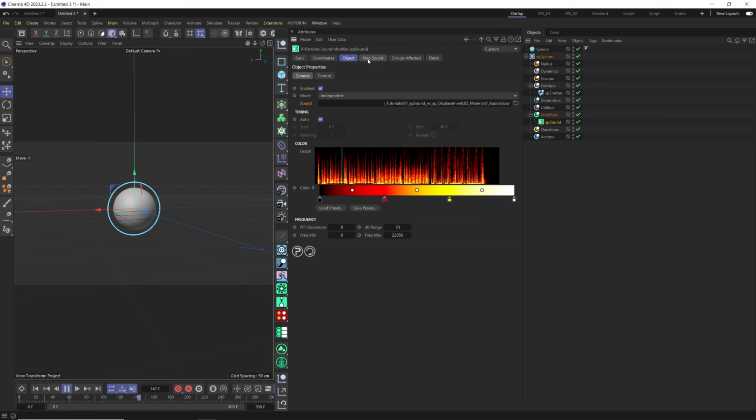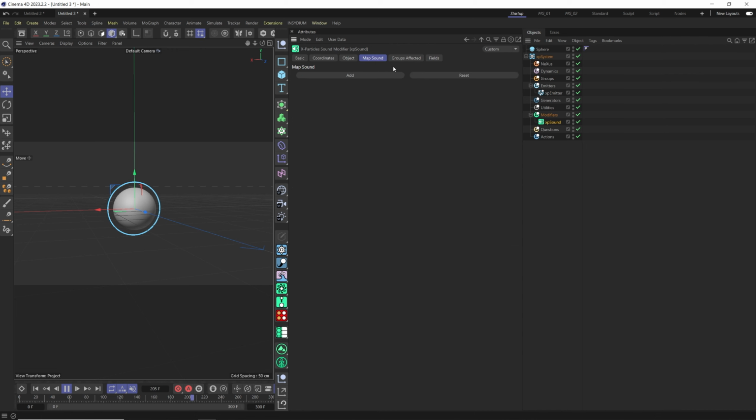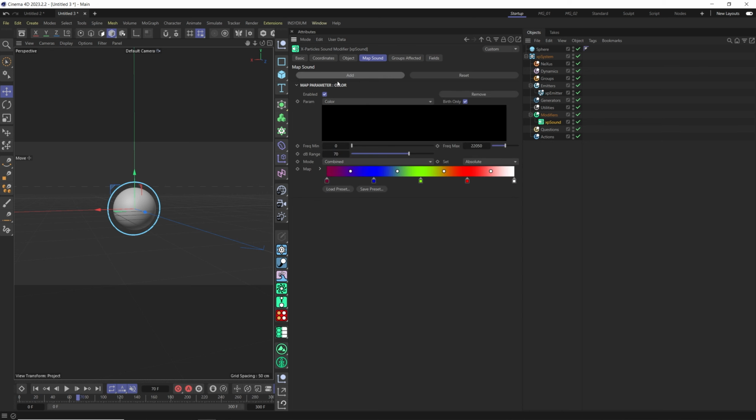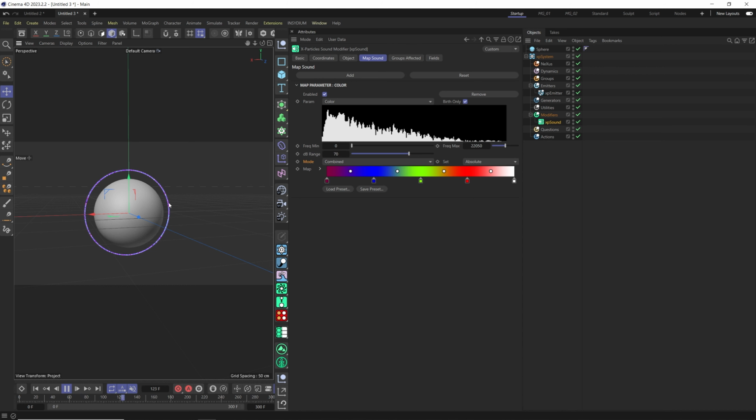Now the most important part is in xpSound, map sound. Here you can add the color, speed and emission. Let's add only the color. Here, if you add, you can see the color, frequency, minimum, maximum, and dB range, and also the mode. Here are peak and peak frequency. When we play, now we must see some changes. Some small changes are happening on the color, and also we can see the preview of the music,